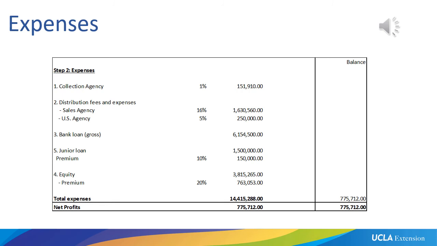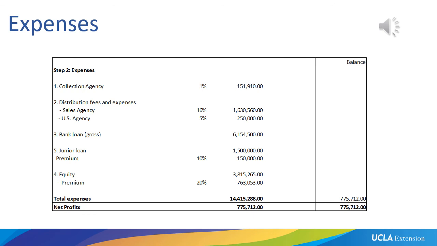Of course, we have to pay back our junior loan, which is the mezzanine loan at $1.5 million. And remember that the mezzanine lender requested a 10% premium. Premiums are always paid in the recoupment schedule. Premiums are never paid upfront, meaning deducted. So you deduct interest, but you don't deduct premium. Premium you pay in the recoupment. So in this case, your premium is $150,000 for your junior loan, for your mezzanine lender.